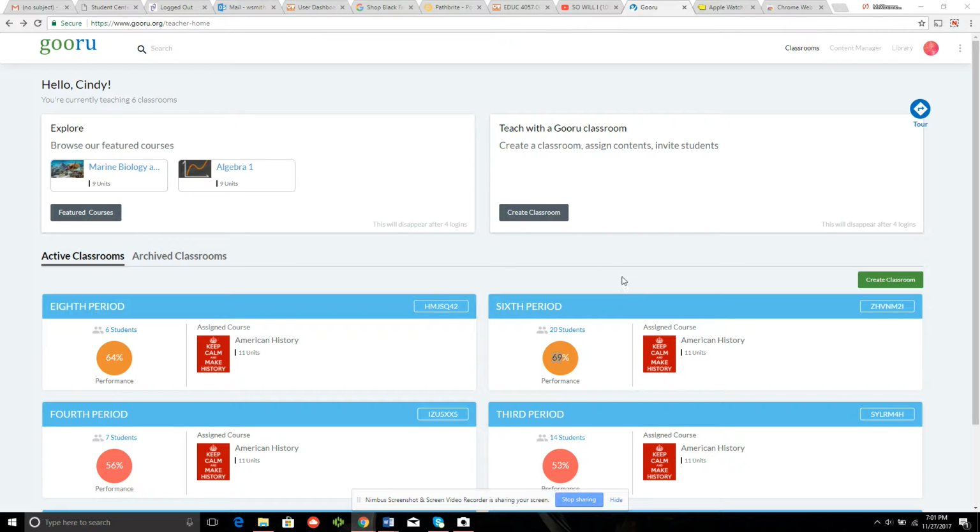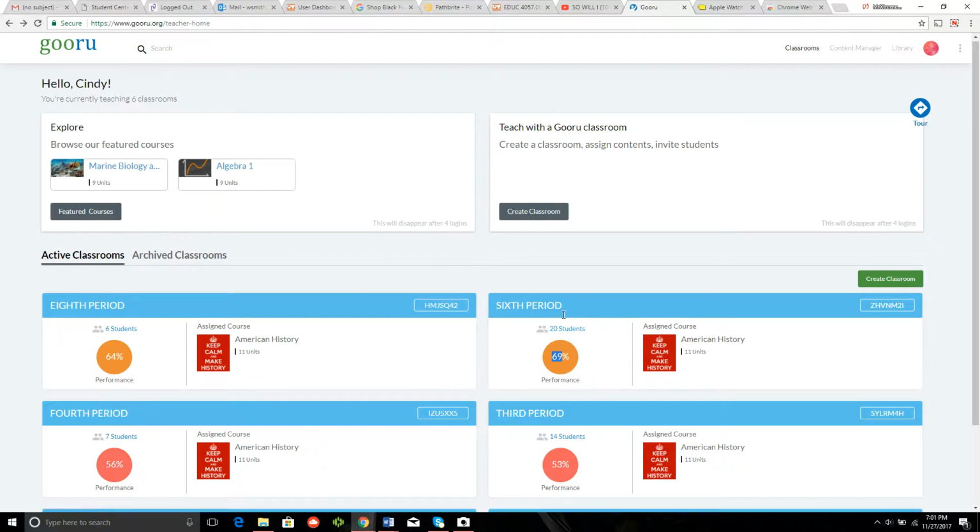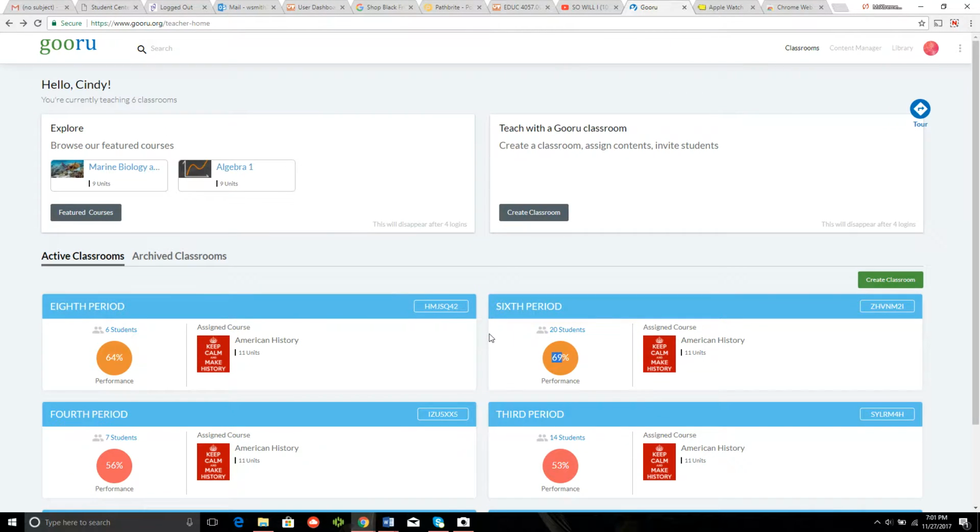Okay, so this is Guru right here. This is what the teacher page looks like. And so the cool thing about Guru is you can import questions based off specific TEKs, and you can track that data, and you can monitor how students are responding to certain TEKs, or maybe how they're understanding specific content